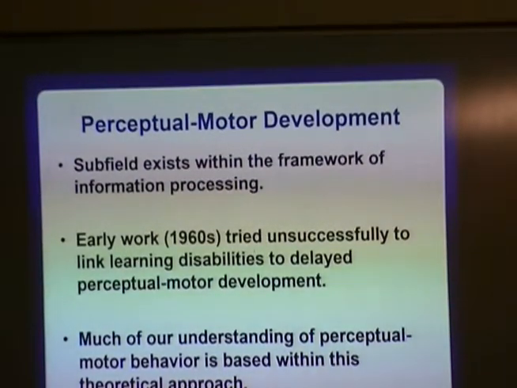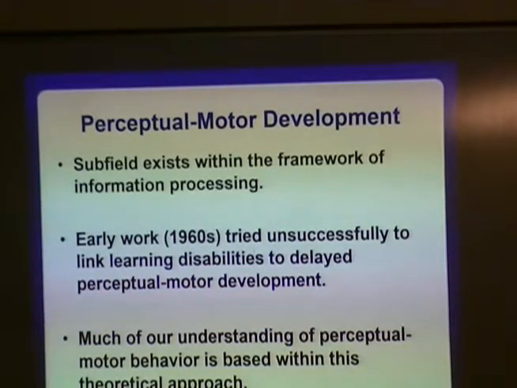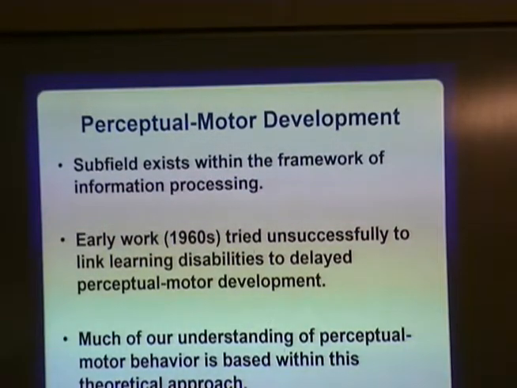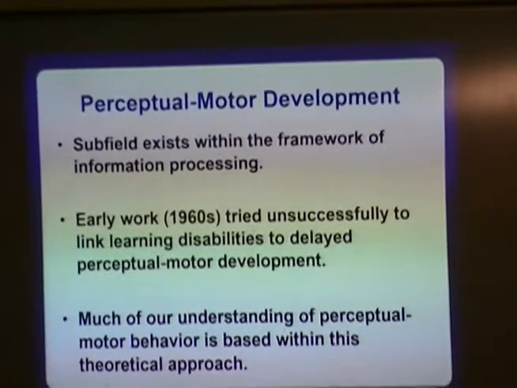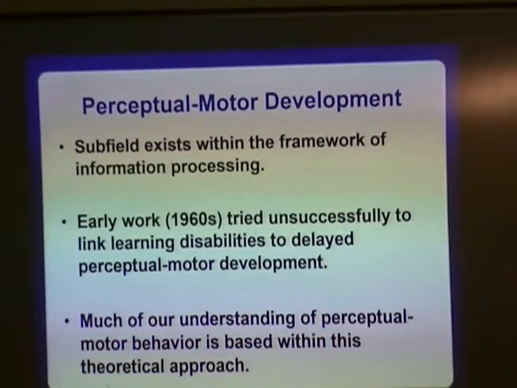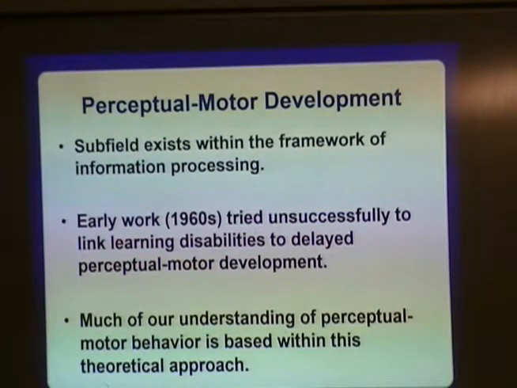They wanted to be able to say that if a child had some learning difficulties in the classroom, that was related to some delay in movement development or in a particular kind of movement. And so what they wanted to do was identify what could we do movement-wise that would then impact their learning disability in the class. It really was not very successful at all. And by the 70s,